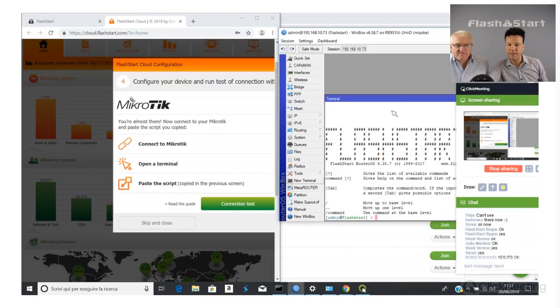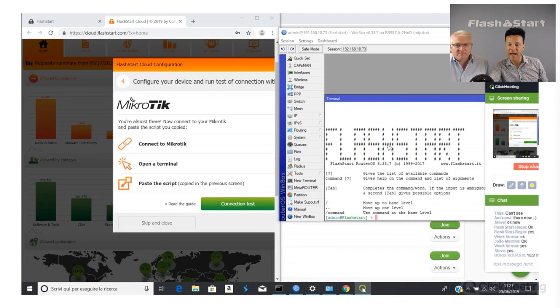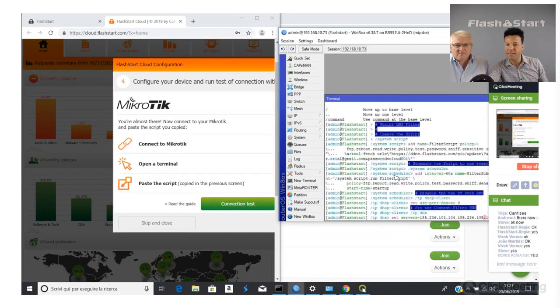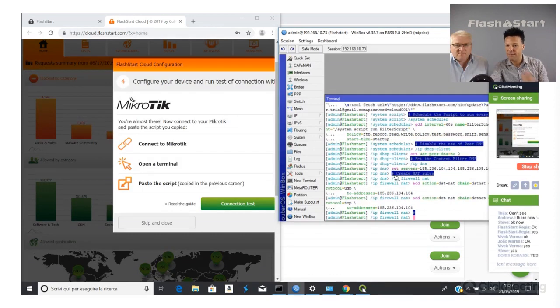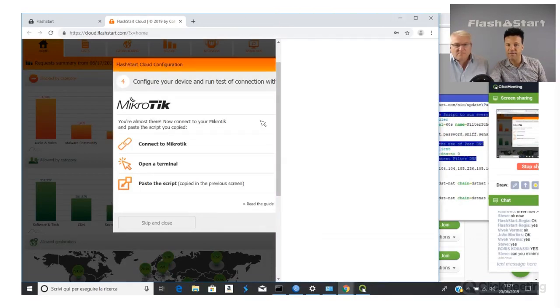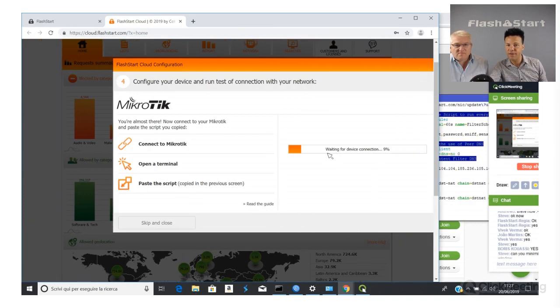New terminal, and now right click, paste configuration, finished. And the connection test. FlashStart is waiting for the router authentication. It takes a few seconds.